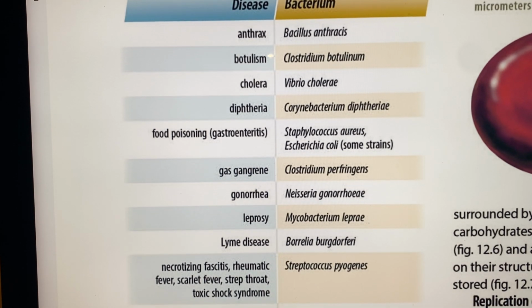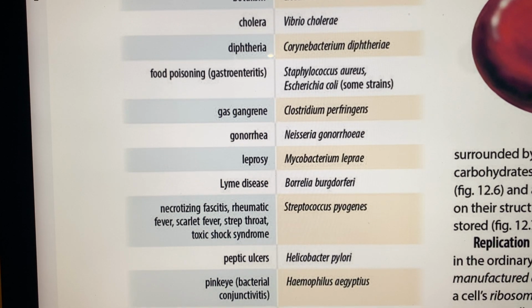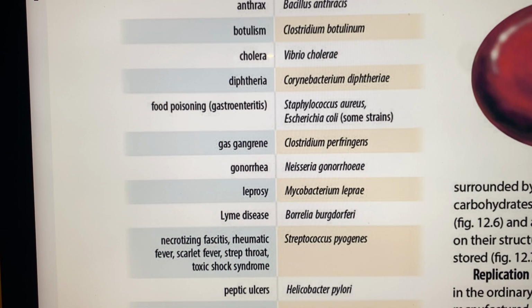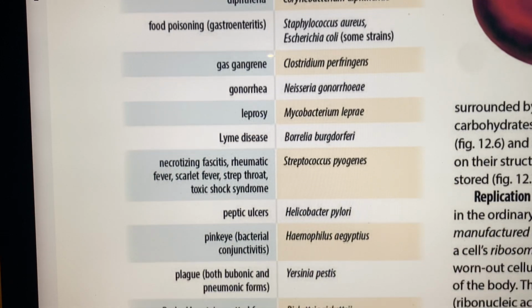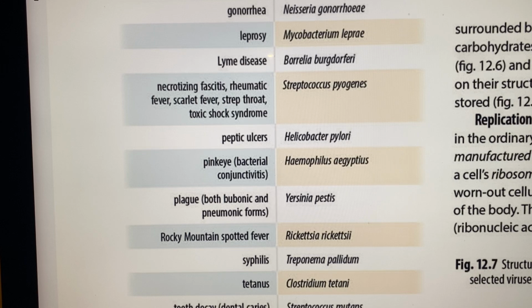So you have food poisoning caused by staph infections. There are E. coli infections, gangrene, Clostridium, gonorrhea, leprosy, Mycobacterium leprae, Lyme disease, necrotizing fasciitis, rheumatic fever, scarlet fever, strep throat, toxic shock, which are all streptococcus. So we have staph and strep. See all the different kinds here? We go down: peptic ulcers, Helicobacter pylori, anyway, pink eye,